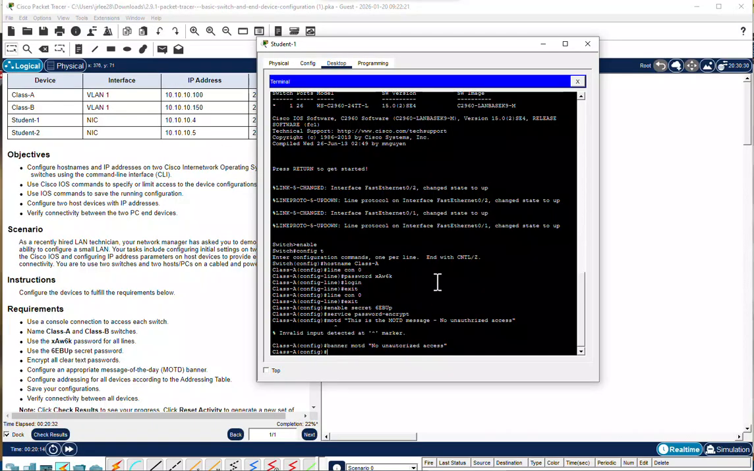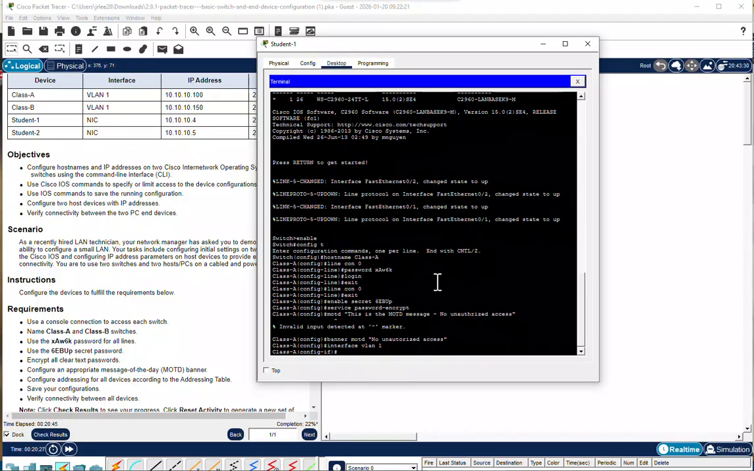All right, no problem. We're still in configuration menu. So we're going to say interface VLAN 1. And this isn't a real interface. This is just what they call a virtual interface, but it's all we need for these purposes. IP address